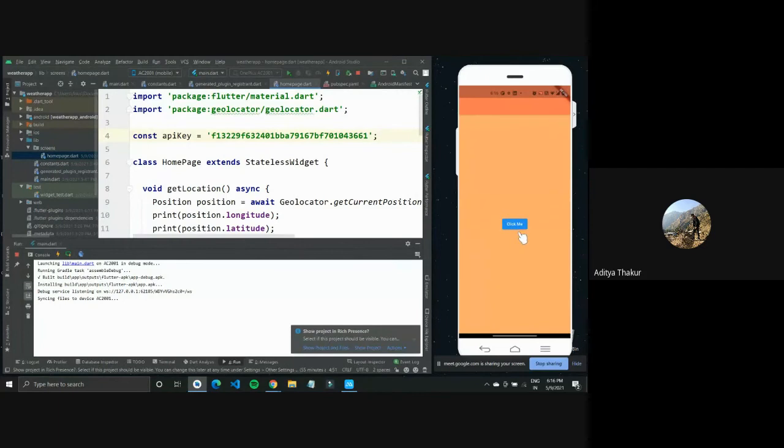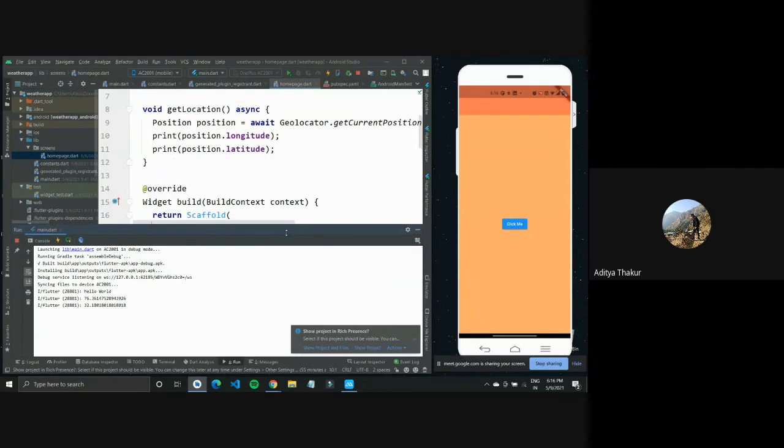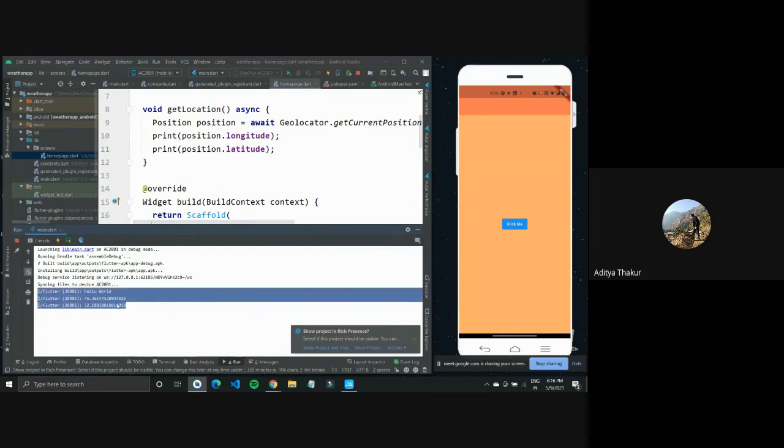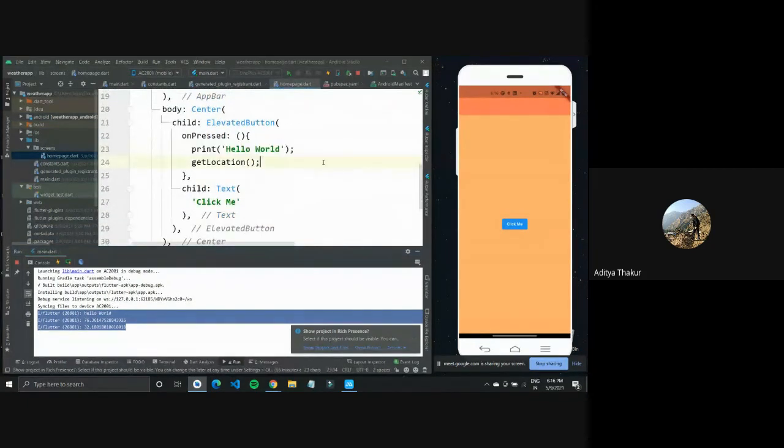So we'll try to print the location. Okay, so you will see we have the latitude and longitude on the screen. The function that we had inside our button was print hello world, and then we were calling the get location function.